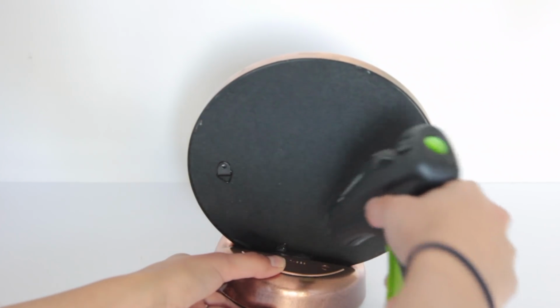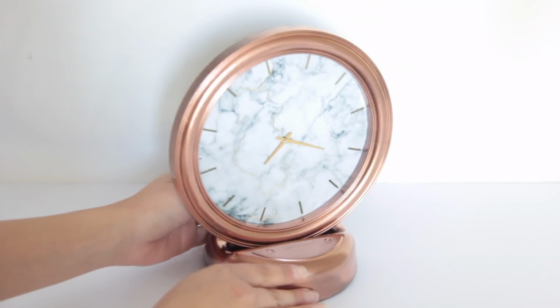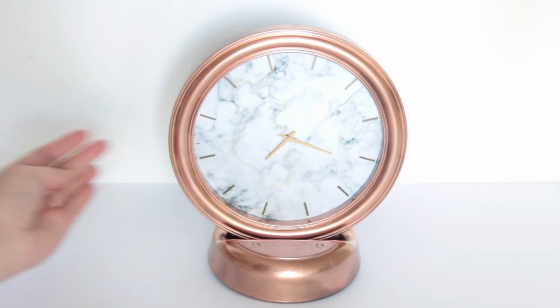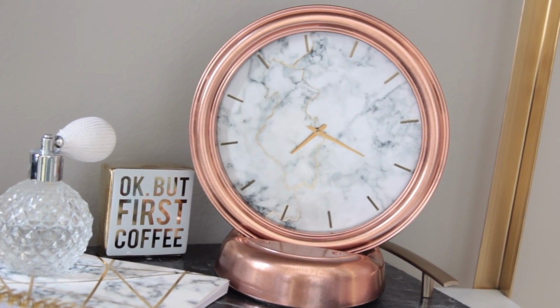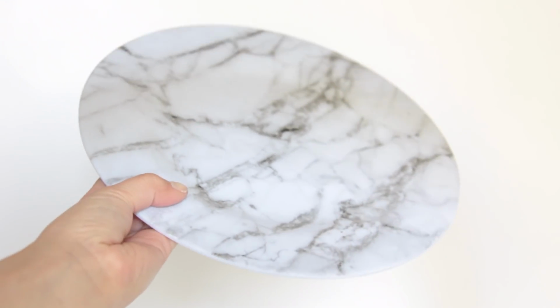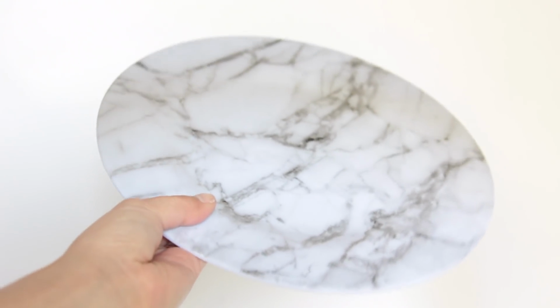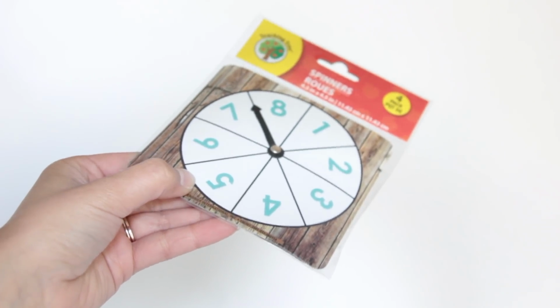I made it so that it could go on top of my tray. That's usually what I use clocks for, decoration, because if I really want to check the time, I normally just look at my phone. Here's another option if you want to do a decorative clock and you don't have a printer or you don't have marble contact paper. You can get these plastic plates from Dollar Tree. They're a hard plastic. And then from the school supply section, pick up these little clocks that they use to